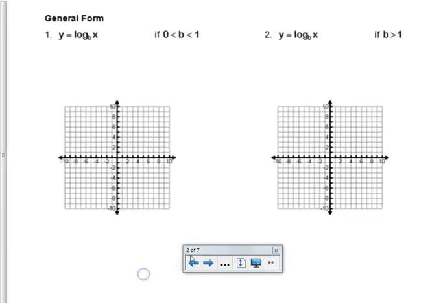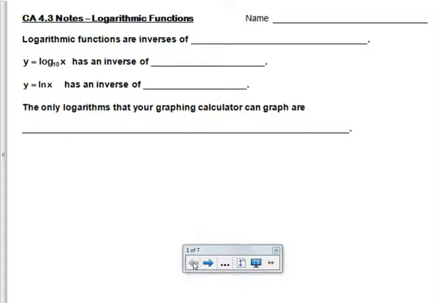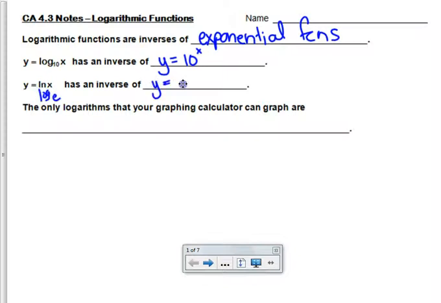Since I do a terrible job of showing what these look like, it might be prudent of you to go ahead and look in your textbook as I'm discussing what these graphs look like. But a logarithmic function, the reason we're talking about them now after talking about the exponential functions is because they are inverses of exponential functions. A log base 10, his inverse would be an exponential growth, who also happens to have a base of 10. And a natural logarithm, remember, is a log base e, so his inverse would be an exponential growth of base